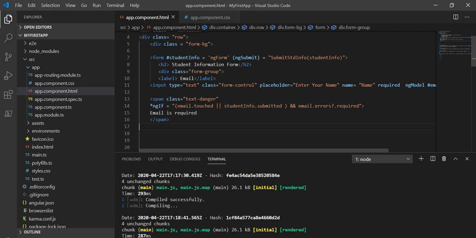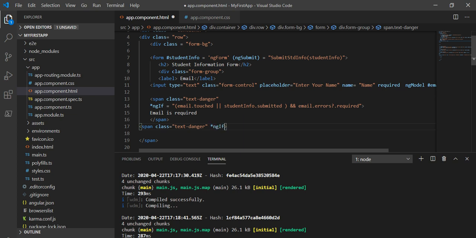Now I'll take another span, and inside this I will write class, and that only text-danger, and inside this I will write *ngIf.